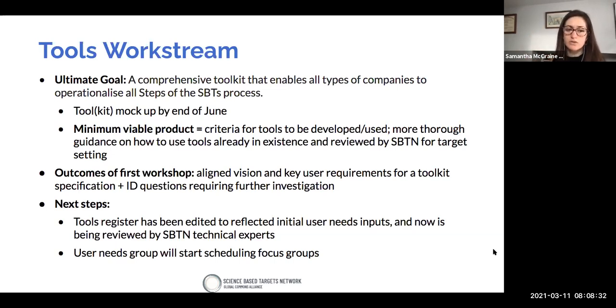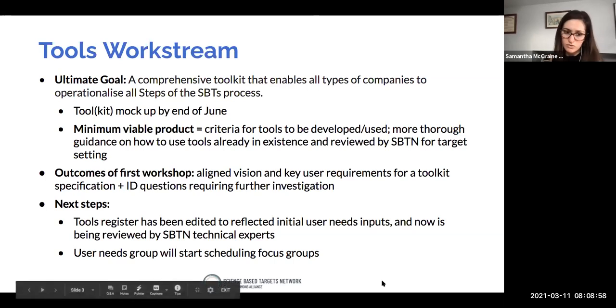And so our minimum viable product that we're aiming for by the end of June is just criteria for the tools that we would recommend to companies, and how they can be used. Because that was one of the key pieces of feedback that we got in the workshop: the tools that we've currently identified, it's not as clear as it could be about how companies can use them. And so we'll be producing a bit more thorough guidance on how to use the tools already in existence